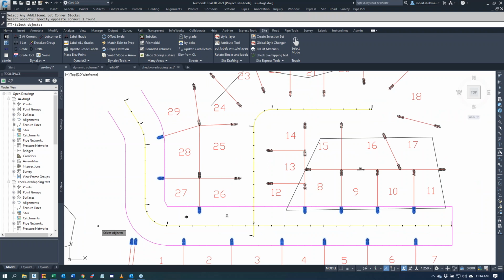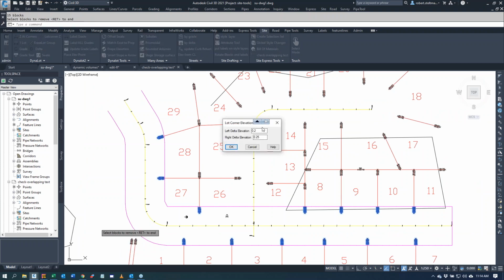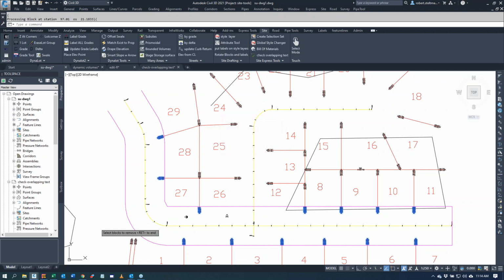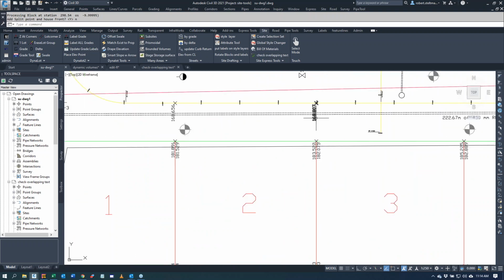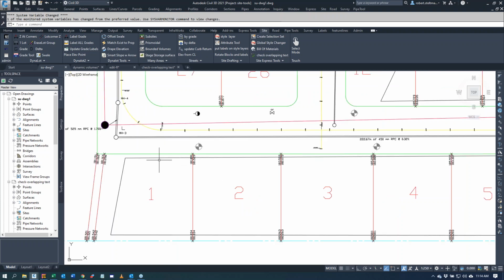And so we just add these 2. And we're going to go 0.2 higher on the left, 0.25 on the right. And we go OK. And we're going to go no to adding the split point. And what it's done is it's calculated, I'm just going to erase a couple of points because those don't belong there. It's calculated the station at this point, the center line elevation from the profile, added the delta, and updated that COGO point. And now we need to do